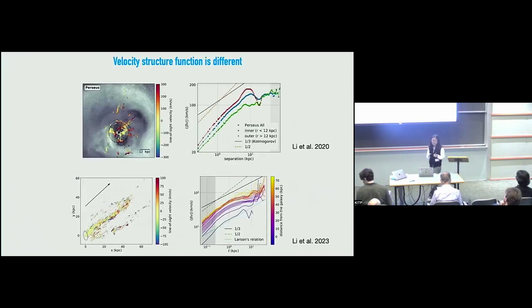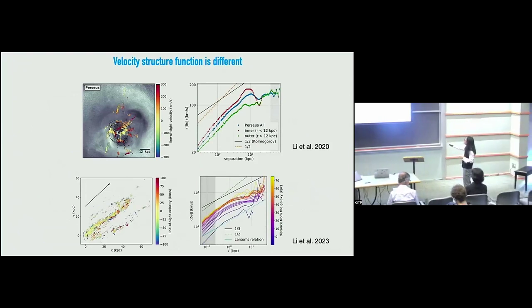One difference is this, studied by Yuanyuan, our organizer. She compared the velocity structure function of the cool core clusters and the jellyfish galaxies, and you can see that the jellyfish galaxy is very well behaved, and it follows this Kolmogorov relation, but the cool core cluster is very naughty. It is steepening. One explanation is that these cool core clusters have experienced a recent AGN outburst, which has disrupted